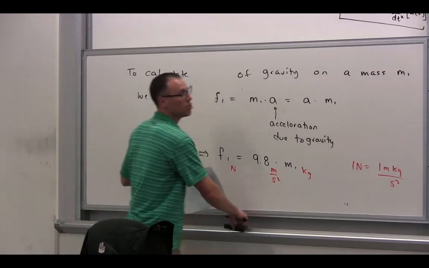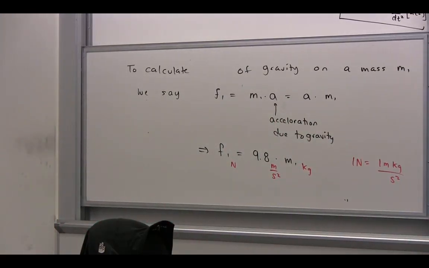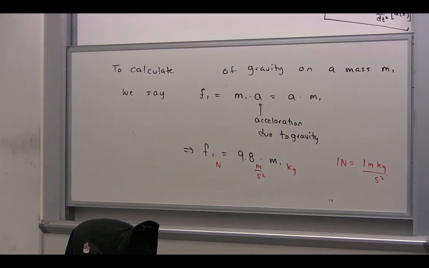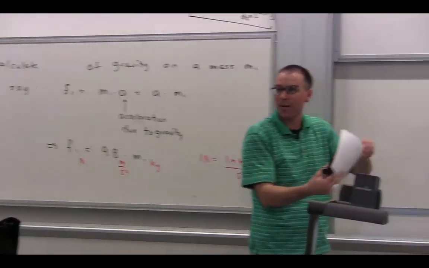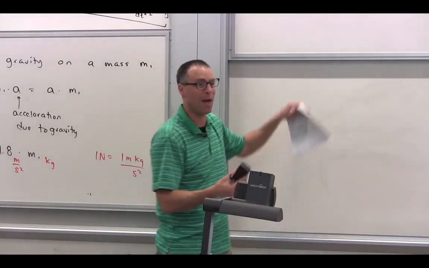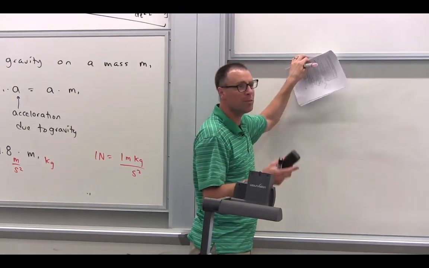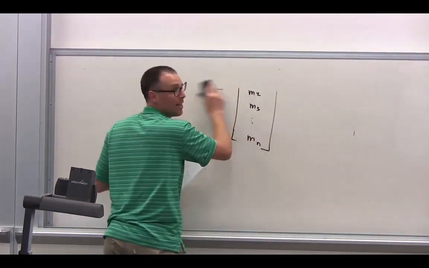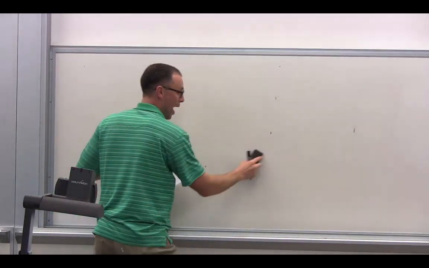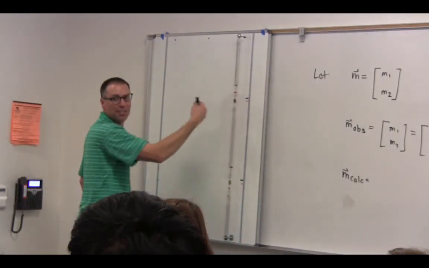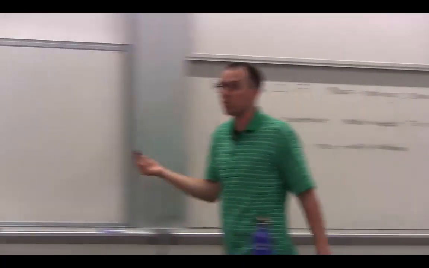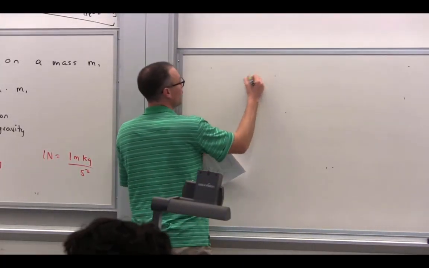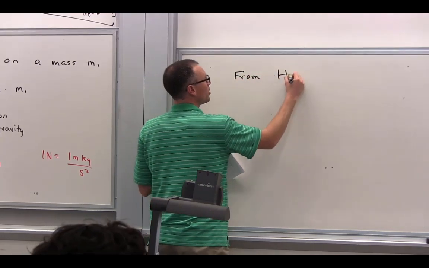Okay, so let's think about this. Do you remember in Hooke's law, we had this mass matrix? Or the mass vector, I'm sorry, the column vector, which was the Hooke's law experiment. We took a spring, we hung a bunch of different masses off the spring, and then we had the M, right? Formally speaking, what did we say Hooke's law was? Force equals K times U. And then the forces here were the forces due to gravity, right? So we had a mass vector. How would we translate the mass vector into a force vector? So from Hooke's law experiment,